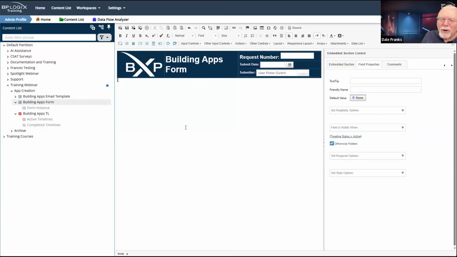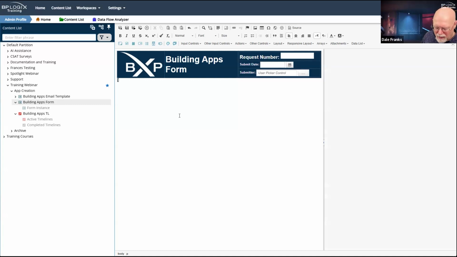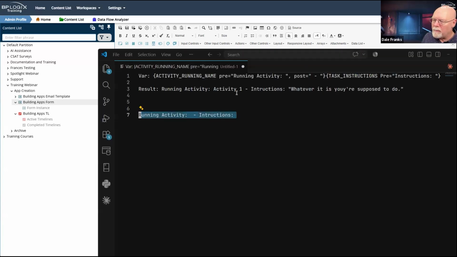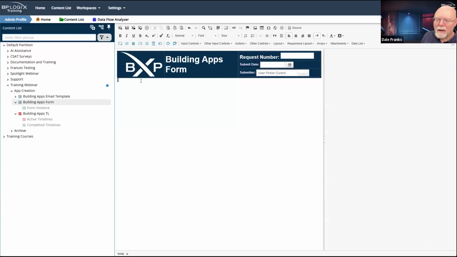So I'm going to do a little hybrid thing here. I technically could just go in and copy and paste this text as is. This will work. I tend to dislike throwing in just the bare system variables on the form itself.